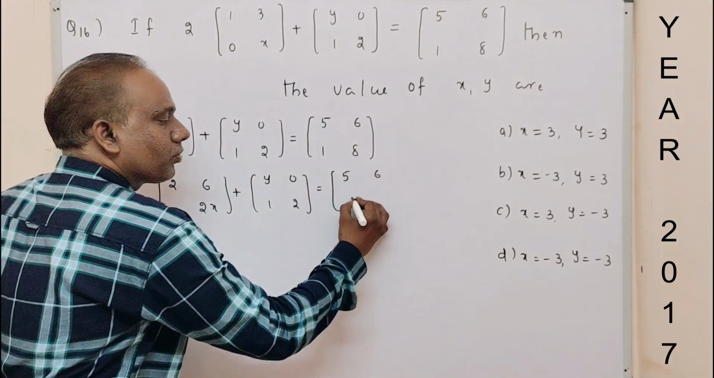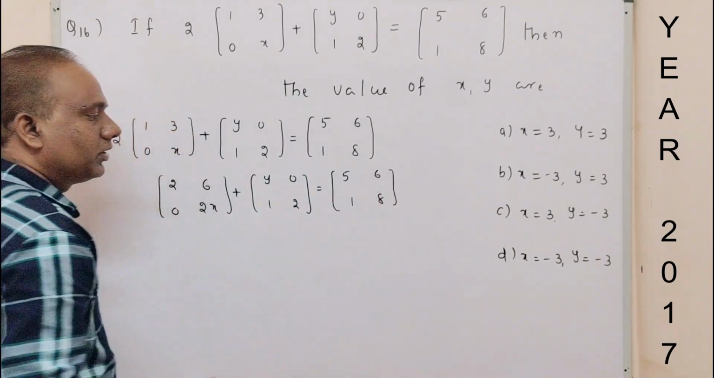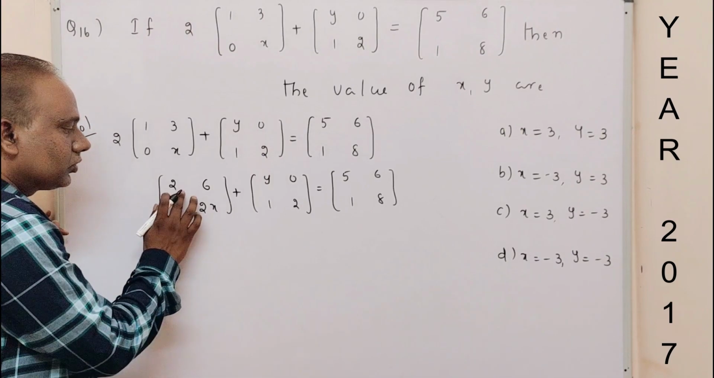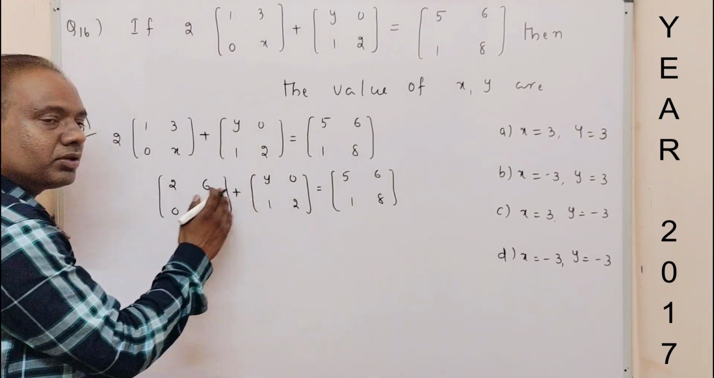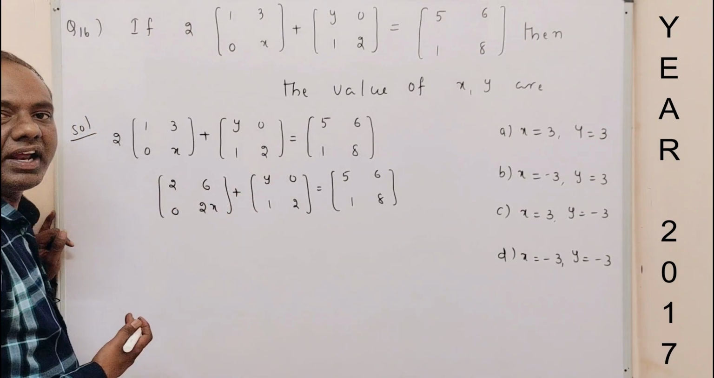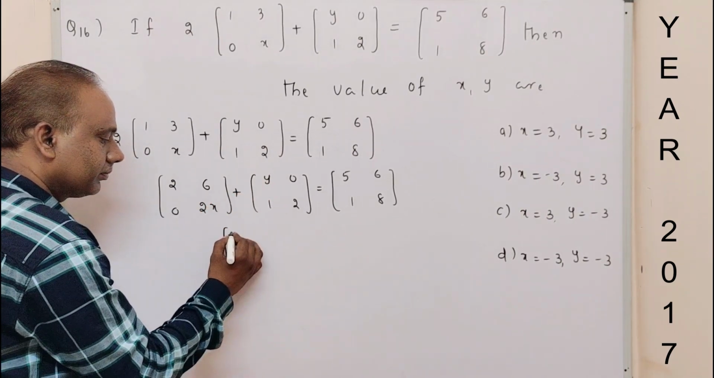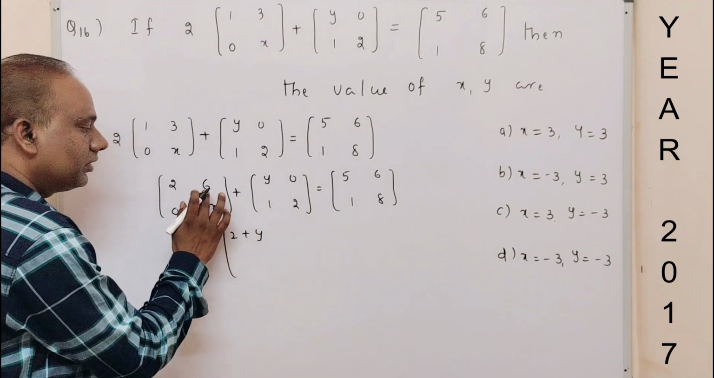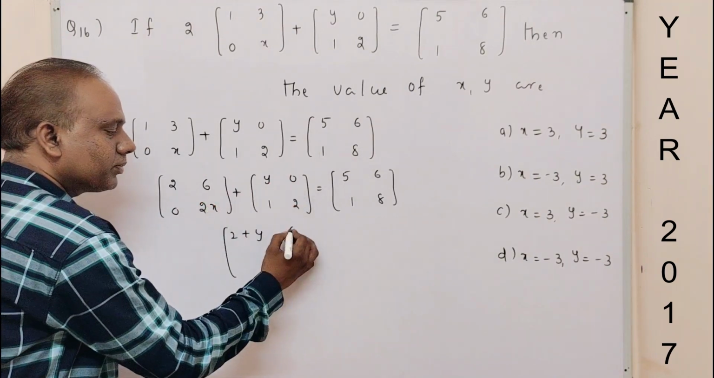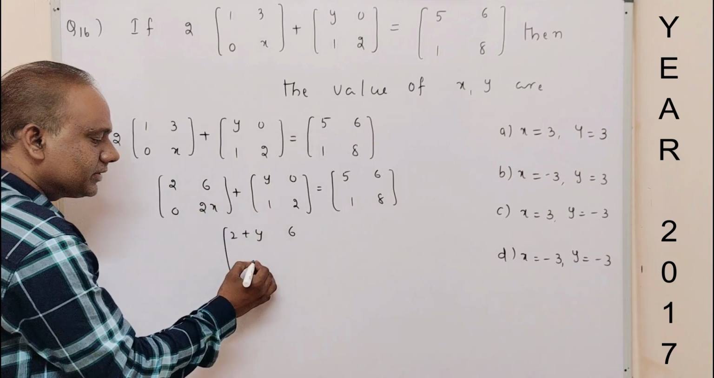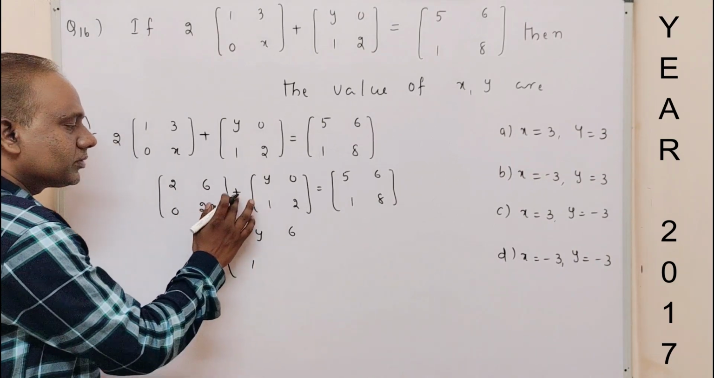Here 5 6 1 8. Now it is plus. Plus means addition. So corresponding elements we can add here: 2 plus y. Here 6 plus 0, 6 plus 0 is 6. 0 plus 1 is 1. 2x plus 2